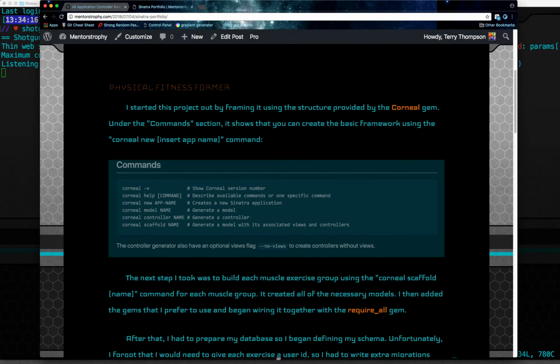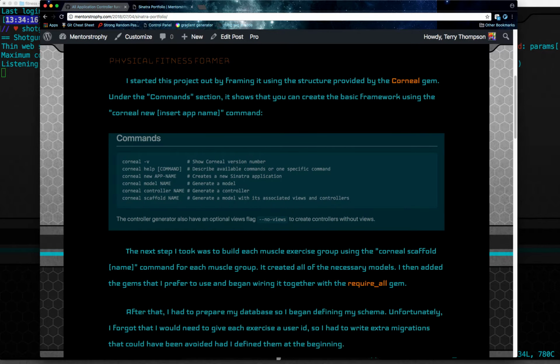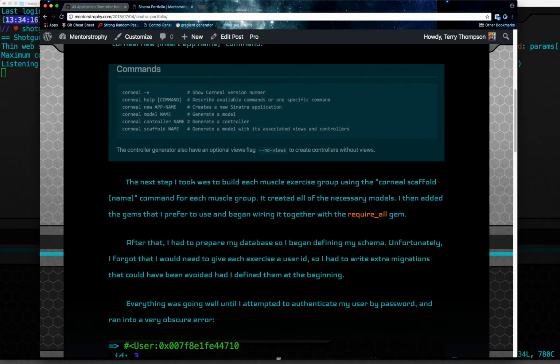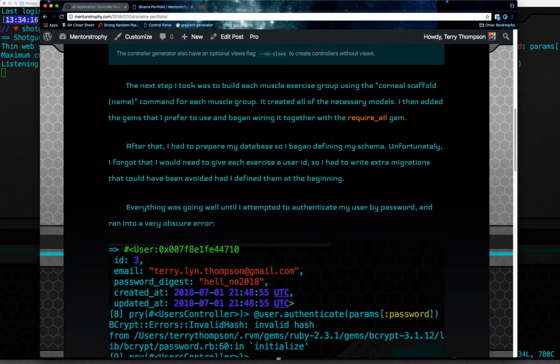And basically what I've done here is I've started with Corneal, which is a gem that does the basic structure for you so that the easy stuff gets out of the way and you can just begin working on the actual inner guts. So this is like the skeleton, the frame of it. I simply used the Corneal new command and put fitness in there, and what that does is it creates the entire skeleton basis for the web app. Okay, and then I wired everything together using the require all gem,